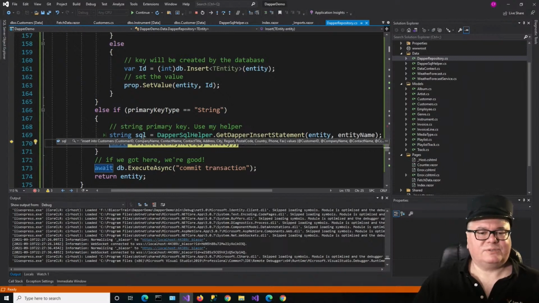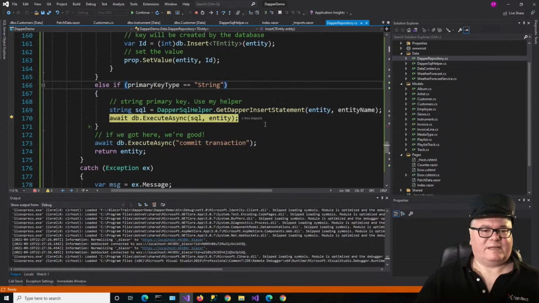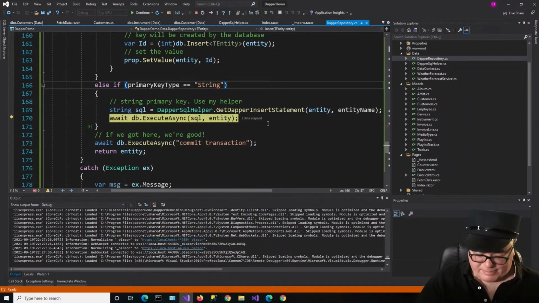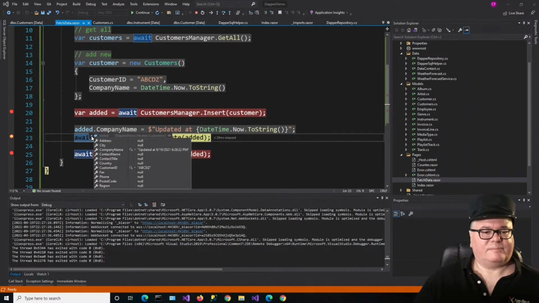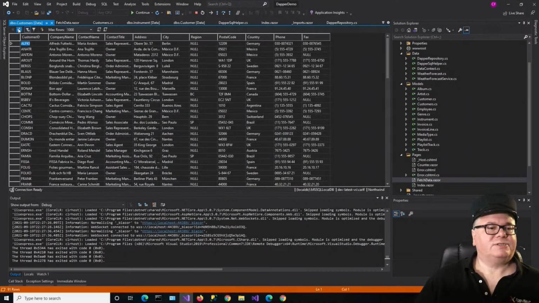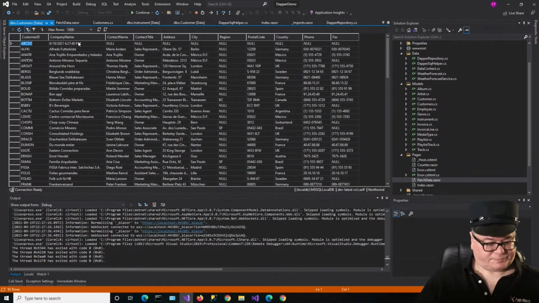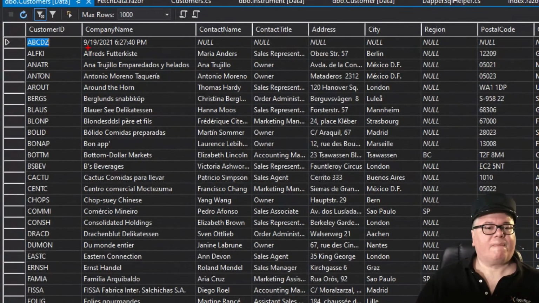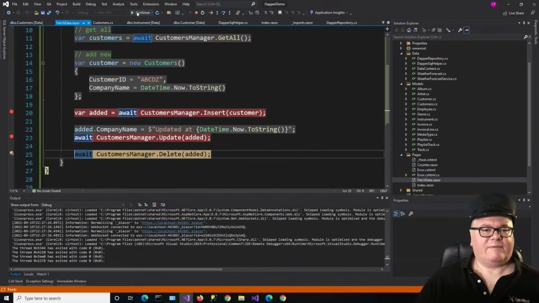Insert into customers, blah, blah, blah, values at blah, blah, blah. And now we have to use an ExecuteAsync. Now the primary key is already in there, so we don't have to add it. There's our customer ID and the company name. Let's refresh. And you can see here I am. Here's my company name. Right? The date and time. And after we update,